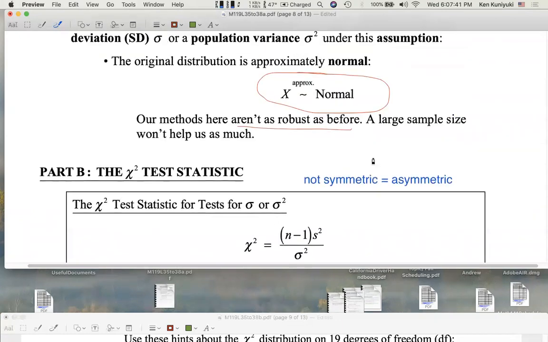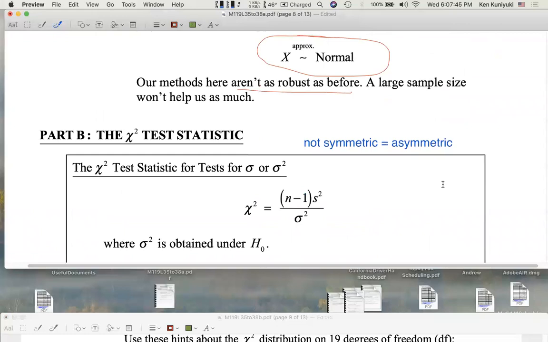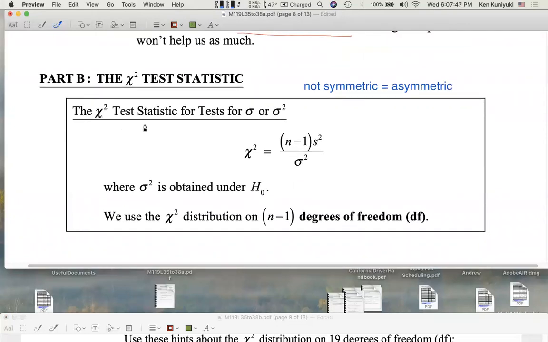Okay, in part, that's because sigma and sigma squared are never negative. Chi-square values are never negative. It's kind of helpful they're called chi-square values because they're never negative, right? Squares of real values are never negative. Okay, and also, because we lack symmetry, it means that the p-value method is awkward if you have a two-tailed